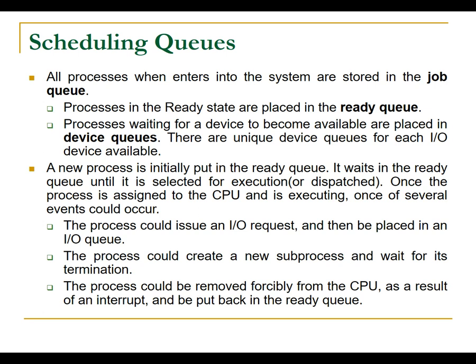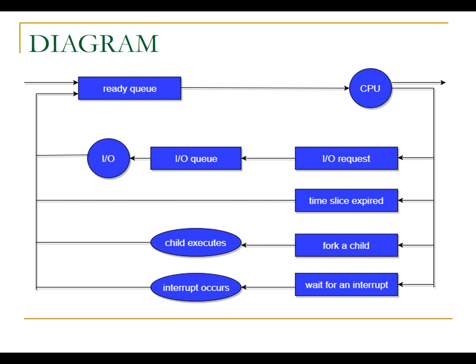Now during this, scheduling queues also watch the execution of the process. If that execution is taking longer than the required time, then the queue forcefully stops that particular process from the central processing unit, or it might even generate interrupts. Now all the things I have spoken about are mentioned in this particular diagram.